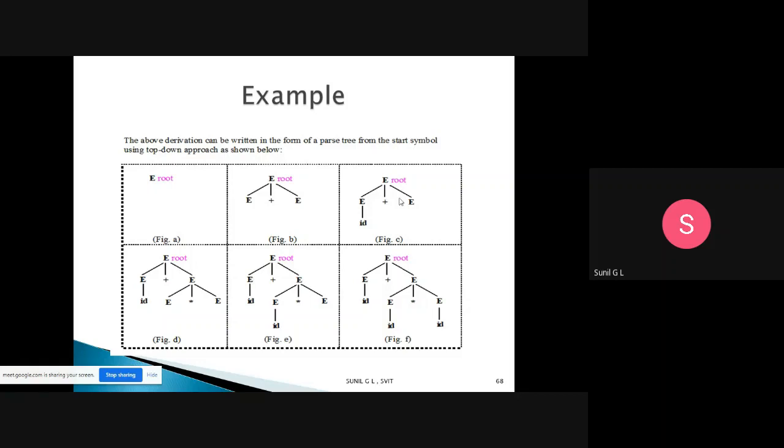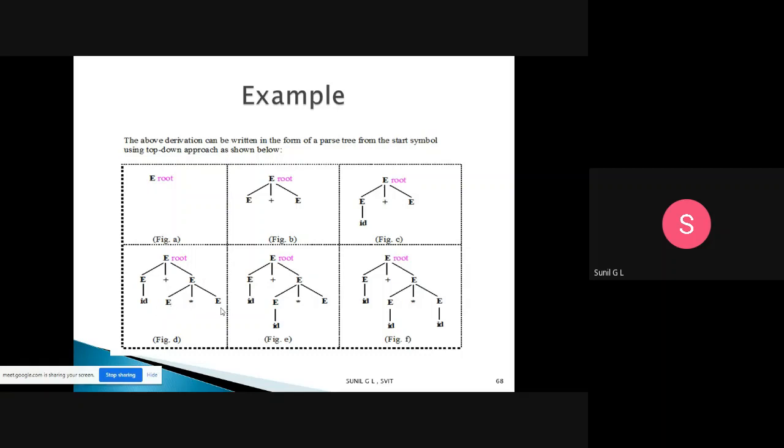From the left side, I have substituted id for this one. Then come to this E on the right side. After the left, the next left is this E only. I want id star id, so what I need to do is substitute E with E star E.